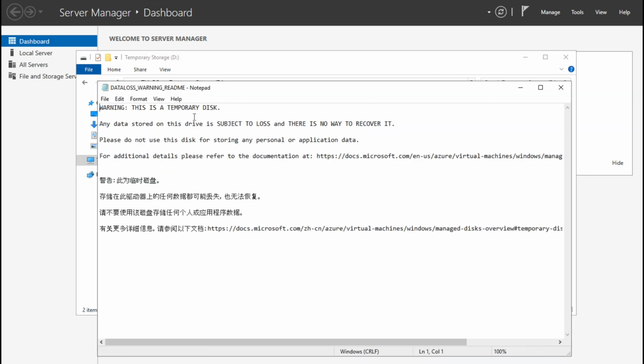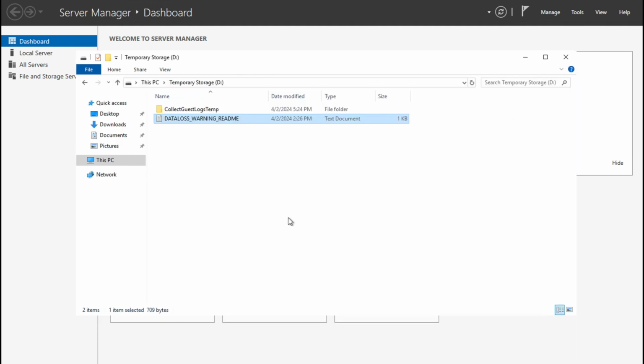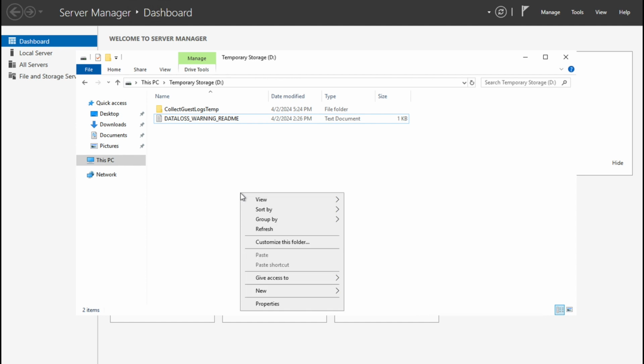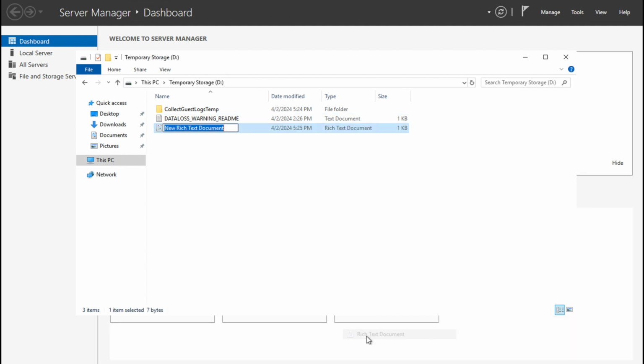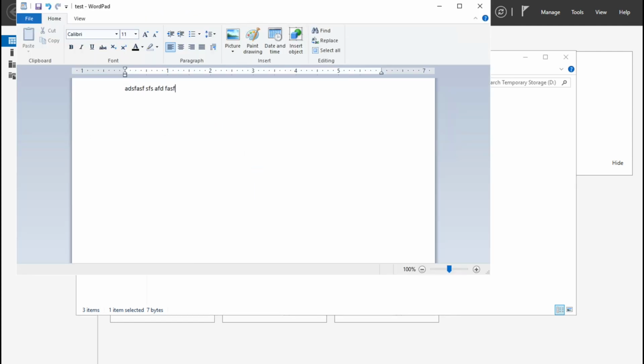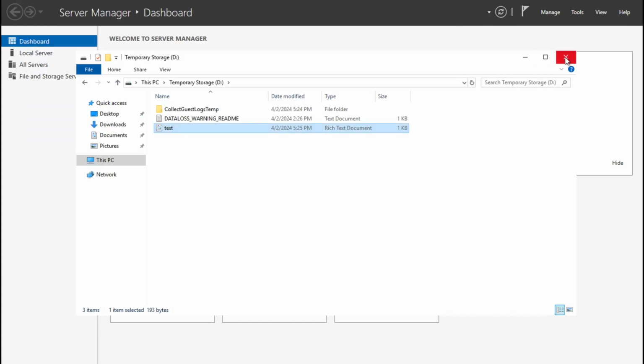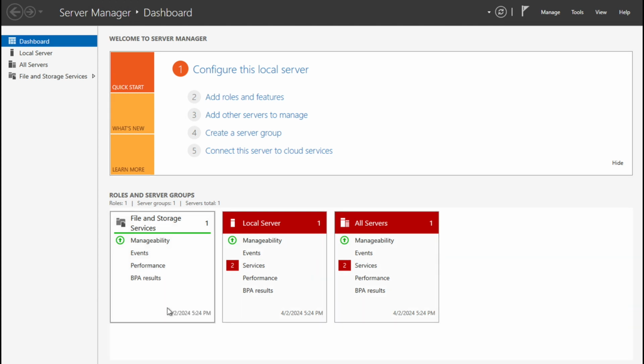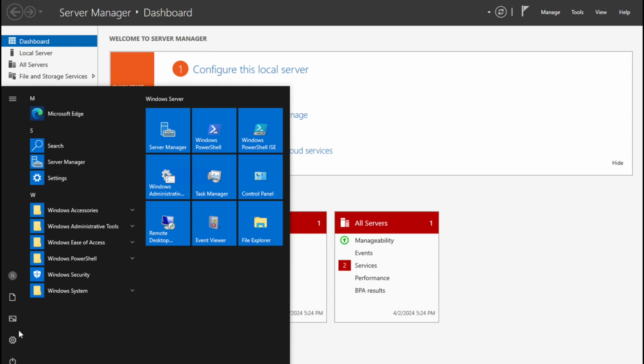So here you see it is saying a data loss warning. So let's put some data here and restart the machine. Let's see what happens. I'm putting some garbage characters here and saving it. Okay, so when you come here, let's reboot the system, and I'm just shutting it down. I'm disconnected from here